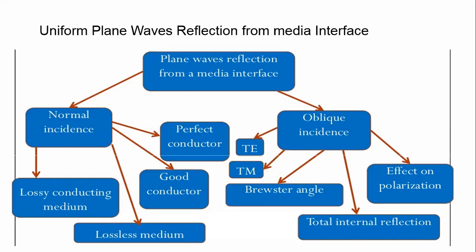Similarly, if we are talking about the oblique incidence, we have already studied the transverse electric mode and the transverse magnetic mode. You can also consider the angle, the effect of polarization, along with the internal reflections. So all these are correlated. If you're studying all the media, definitely you're talking about the normal incidence. If you're studying the TM or TEM modes, or the polarization and other things, you are talking about the oblique incidence. In this way the classification is going on.